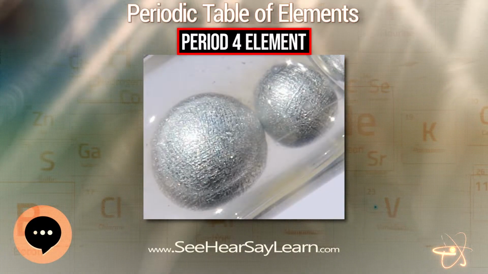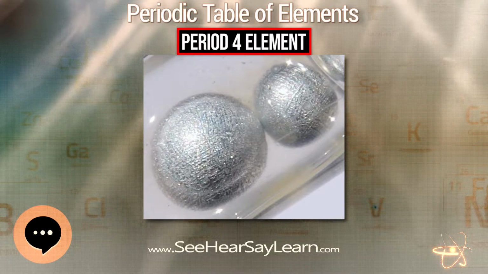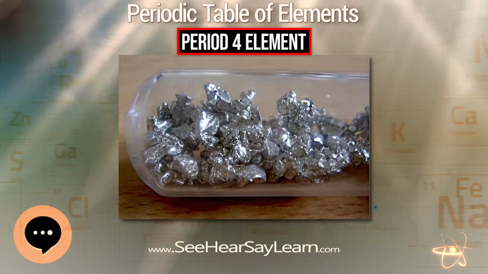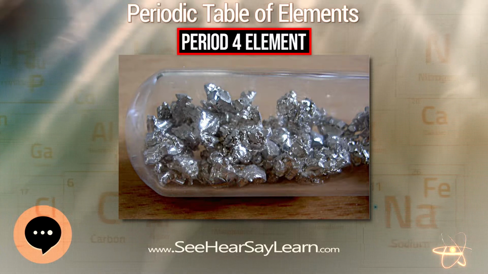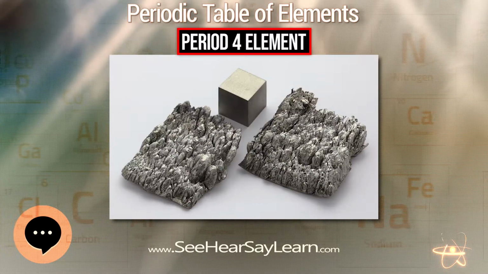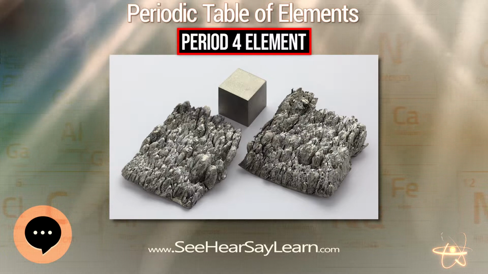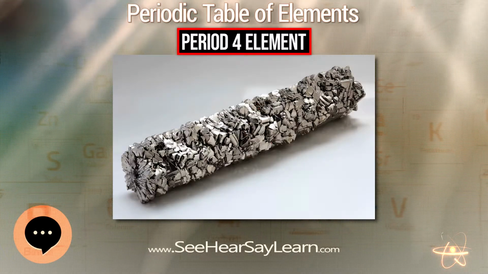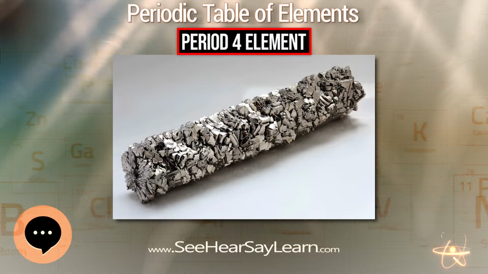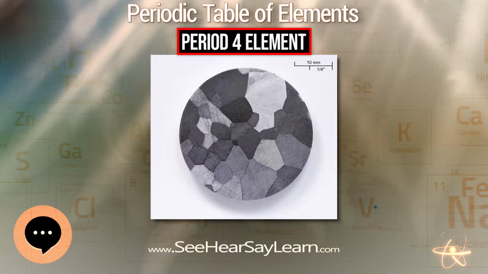Period 4 element. A period 4 element is one of the chemical elements in the fourth row of the periodic table of the elements. The periodic table is laid out in rows to illustrate recurring trends in the chemical behavior of the elements as their atomic number increases. A new row is begun when chemical behavior begins to repeat, meaning that elements with similar behavior fall into the